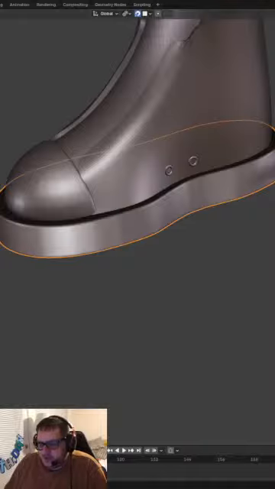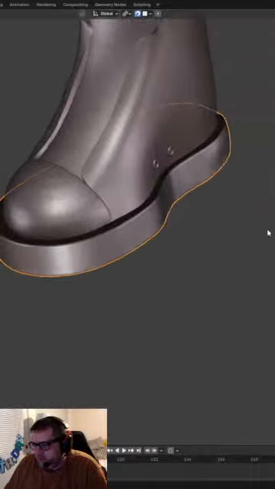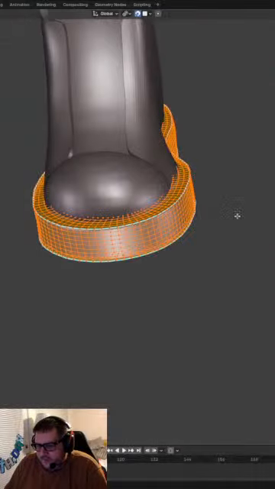Alright, so there is some detail here. I'm not sure how crazy I'm going to get. I'm looking at the sole here, and there's a couple things. There's a toe cap, and it's got a texture on it. I don't think I'm going to go that far.